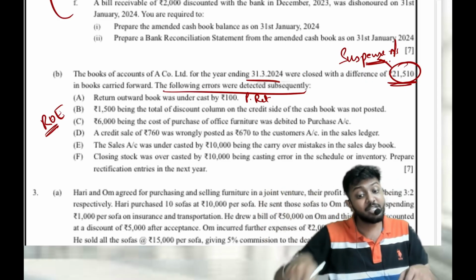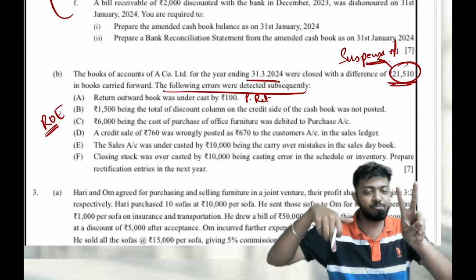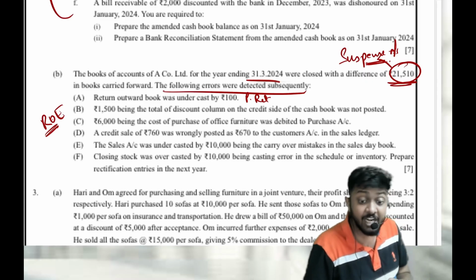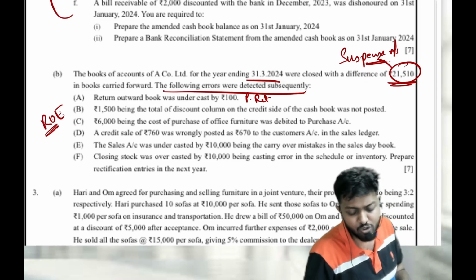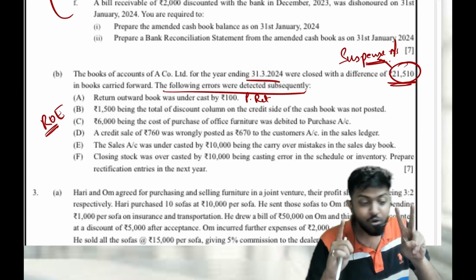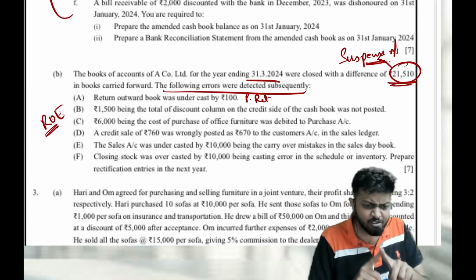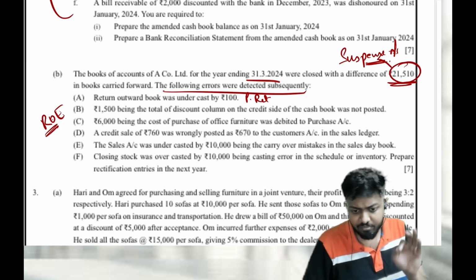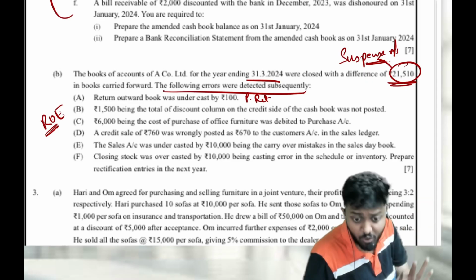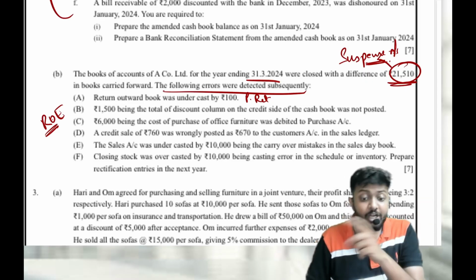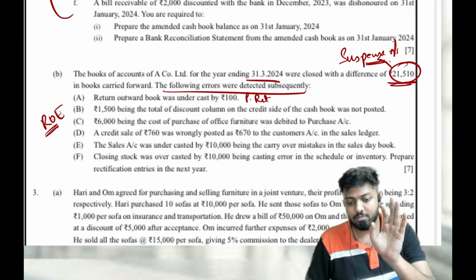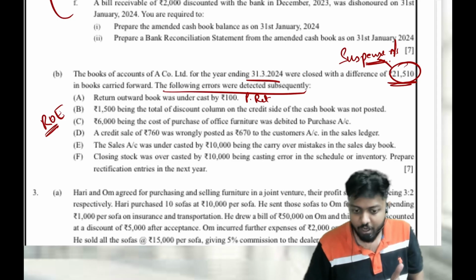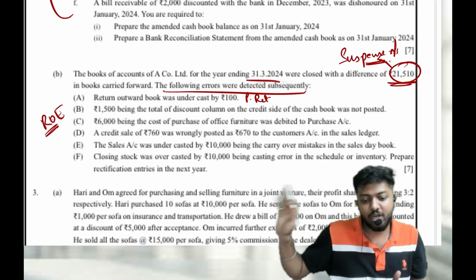Which ledger? Purchase returns. Two kinds of ledger will be affected in that subsidiary book. Purchase return account should be affected, and creditors, because only credit purchase returns will come under the purchase returns book. So these two ledgers are concerned. I have told you one assumption with respect to ROE. If they have spoken about purchase returns book was undercast by 100, are we talking about creditors total also getting wrong? No. The creditors posting and everything has happened correctly. Only thing is purchase returns total became wrong.